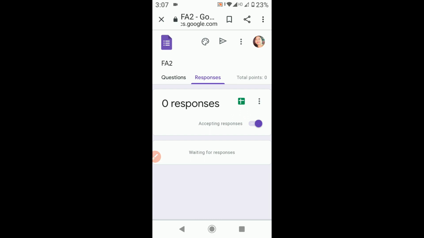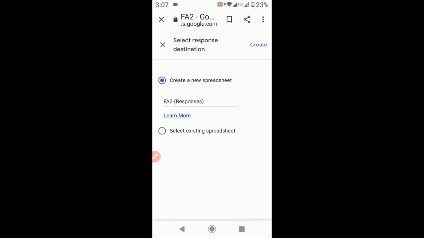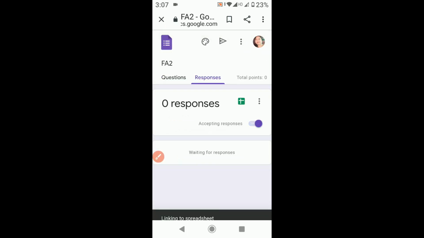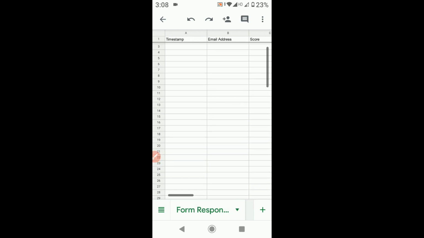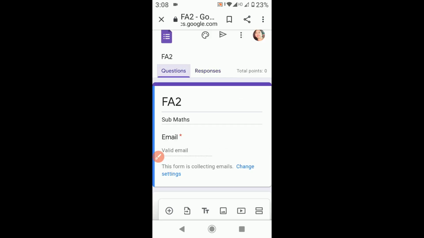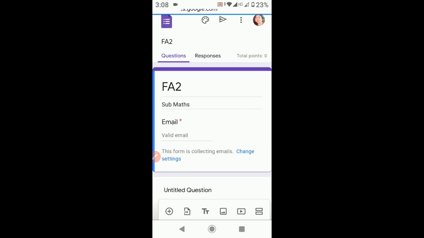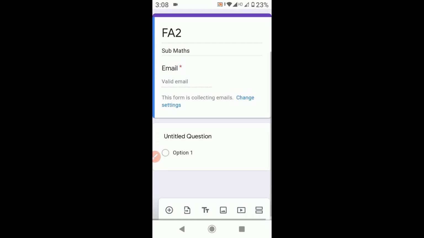So you will be clicking on this green button and then create a new spreadsheet. So click on this Create. So this way it will be seen. So click on Questions and the form will be open to you.